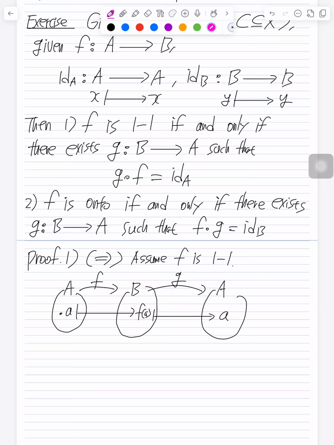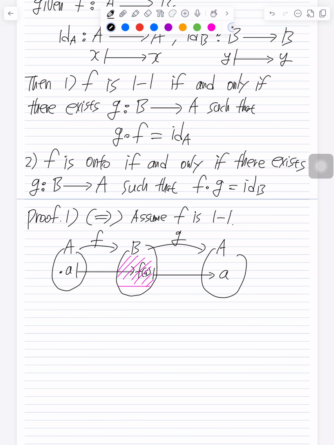The way to do this, from the naive Venn diagram description, is to see that all we care about are the elements of B hit in the image, not the entire codomain itself. So this is the idea. What we can do is the following: pick any element from A. Definitely we can do this. Then we can define one function, depending on this selection, from B to A.